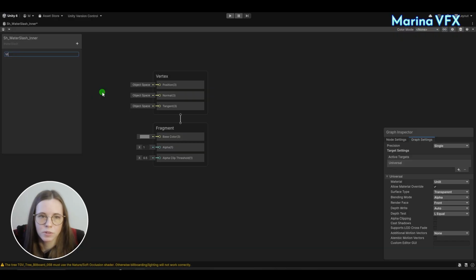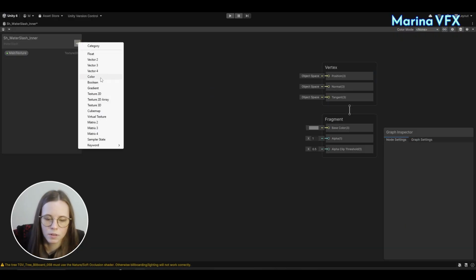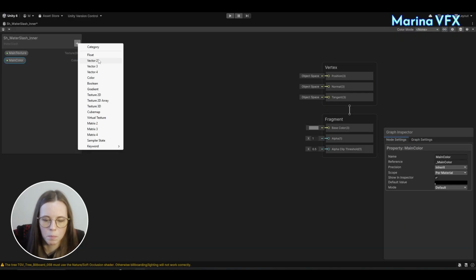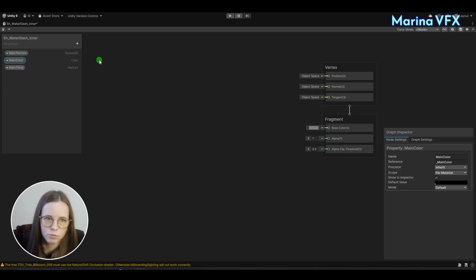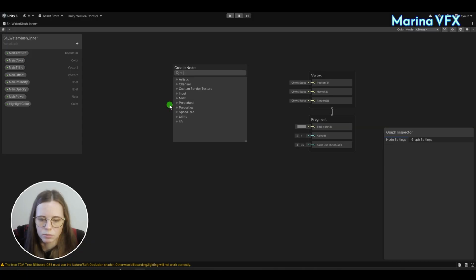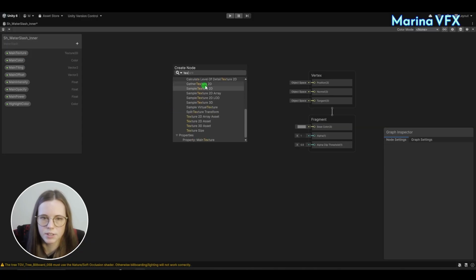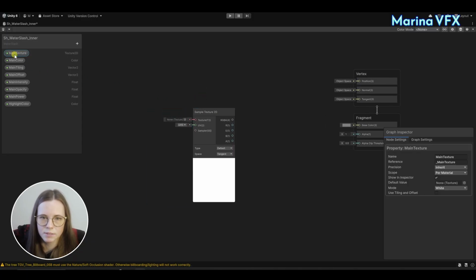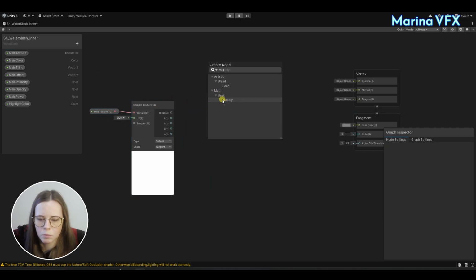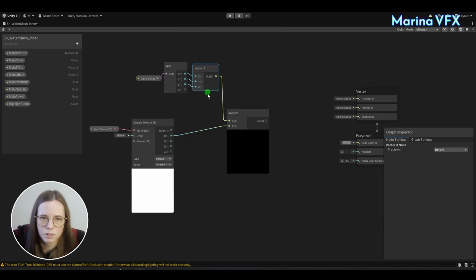Parameters that I will need are main texture, main color, main tiling, vector 2 for main offset, float for main intensity, float for main opacity, main power, and also I want to add a highlight color. So what I need here is sample texture 2D, main texture, multiply with main color,